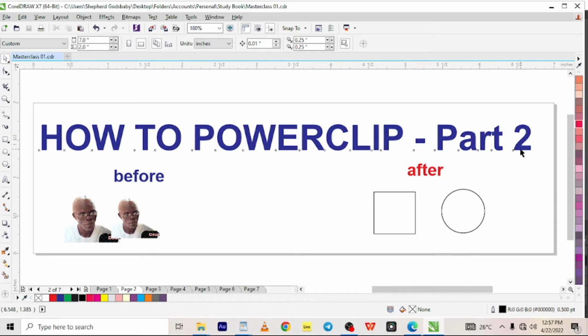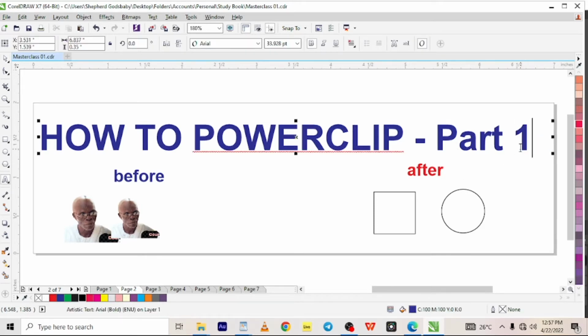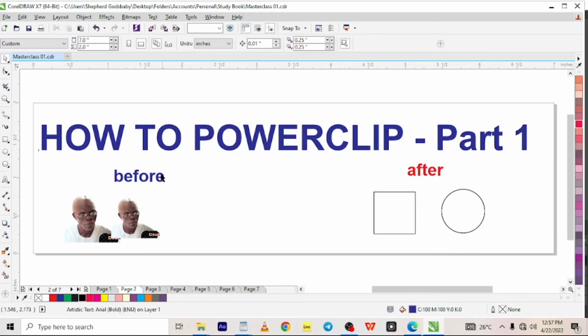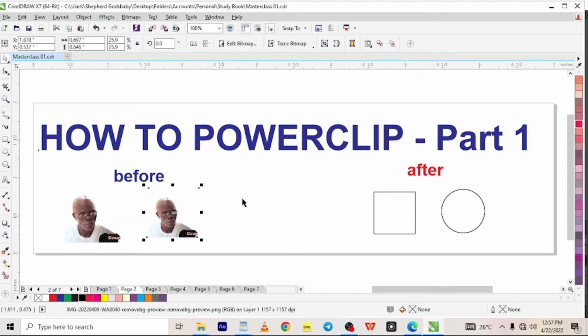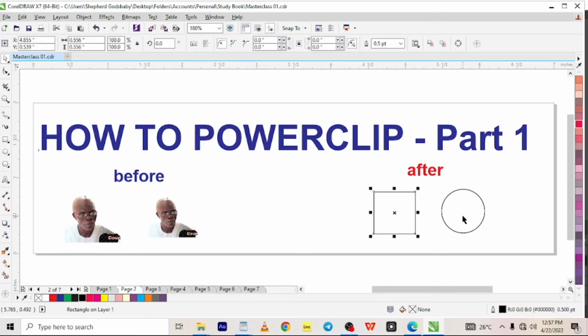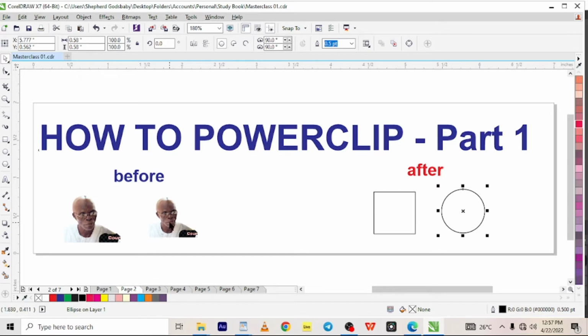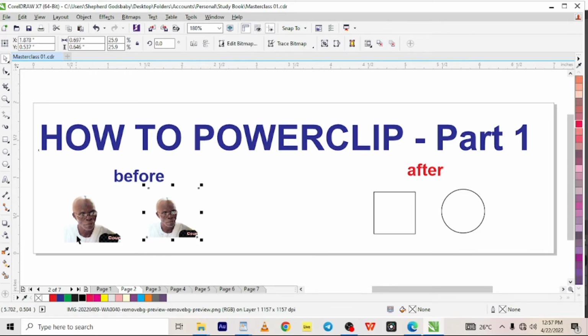This is supposed to be part 1. Okay, and that's it. You have 2 images here. You have a square and a circle. We're going to power clip this image into the circle and this image into the square by doing just one